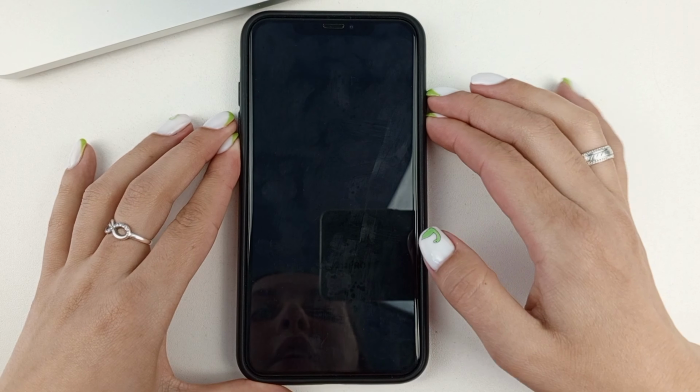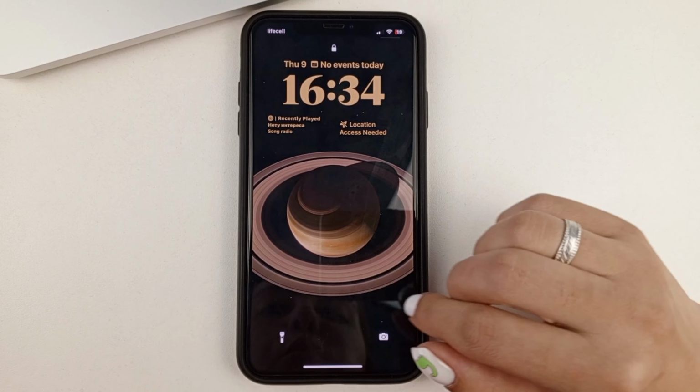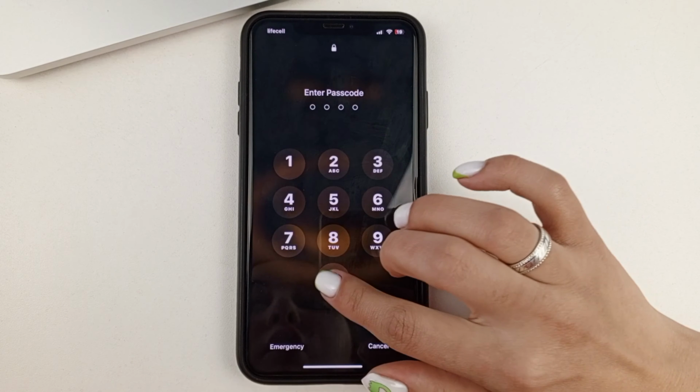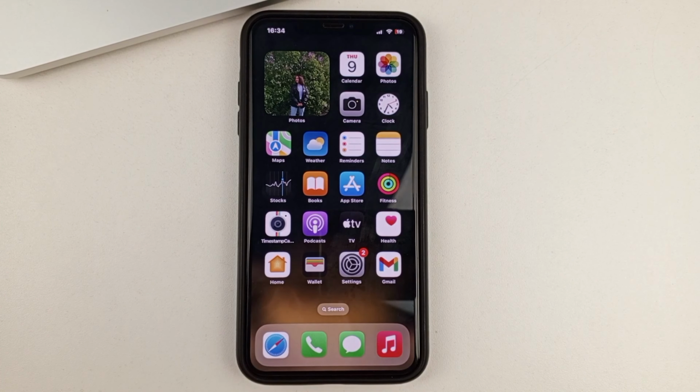So, on all iPhones, if you turn on the lock screen, you will see at the bottom that there is a flashlight section. But unfortunately, you won't be able to turn it off completely from your iPhone because there's no function. But you can make sure that you don't accidentally click on this function and that it doesn't interfere with you.